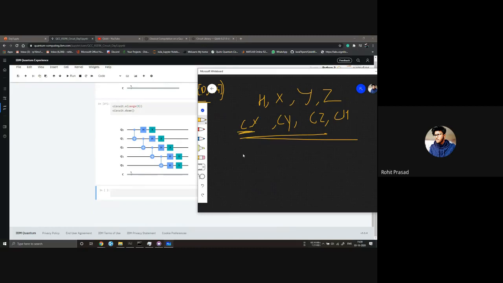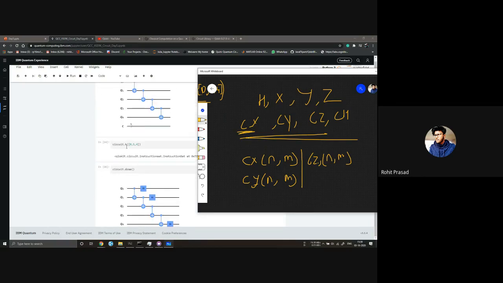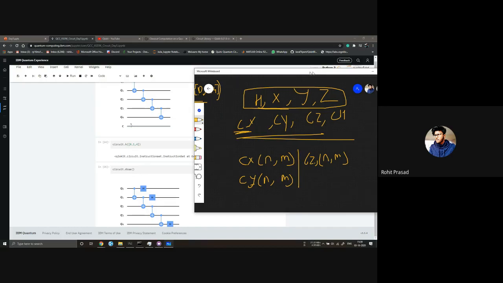Just like the CX gate, with control bit and target bit, we can do the same thing for CY, and write CZ n comma m the same way we write CX. And just like I wrote H, you can do it for any single-bit gate: replace the H with X or Y, and you will be able to do that.